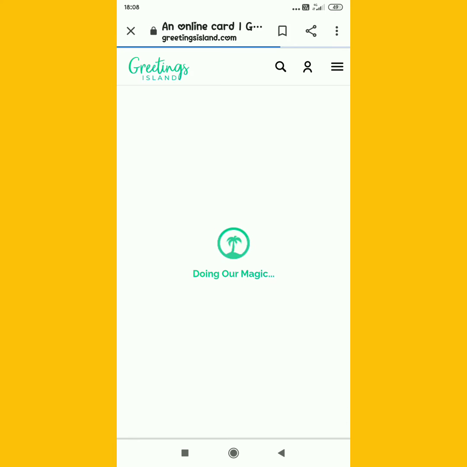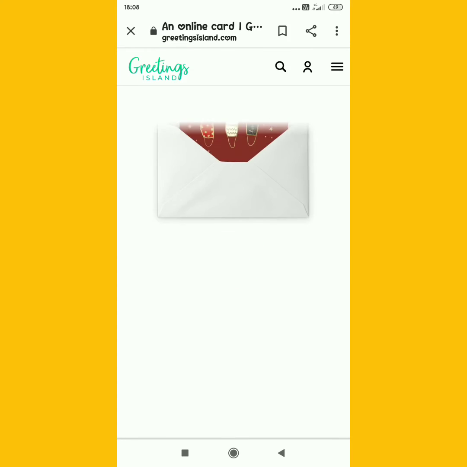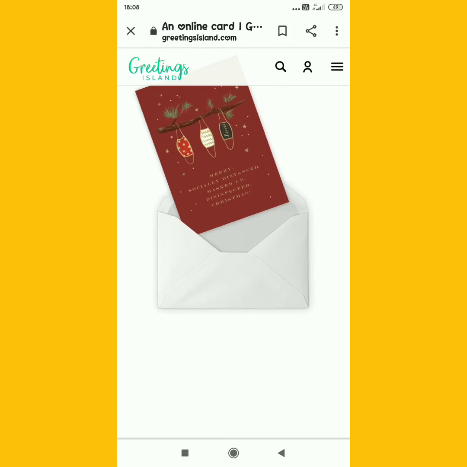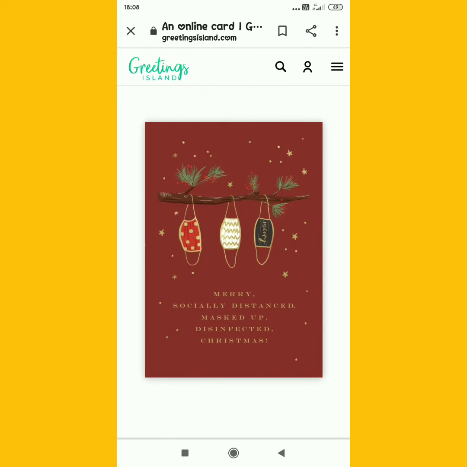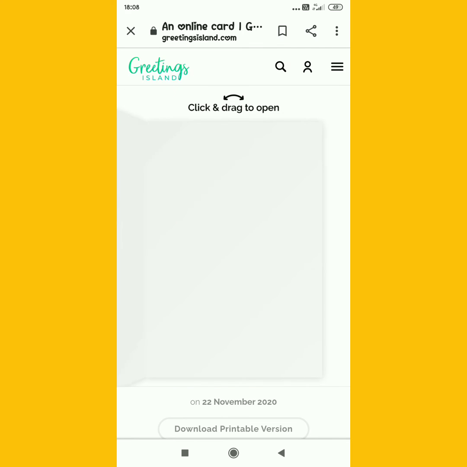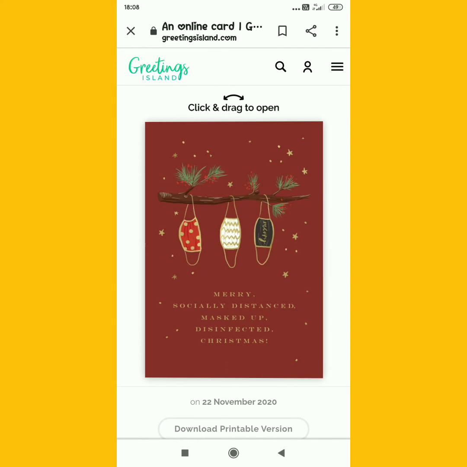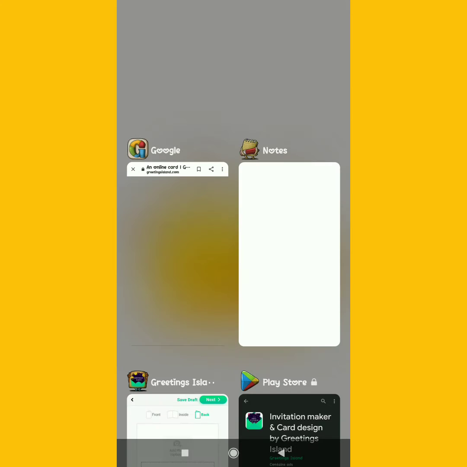Then you can see the card will come like this. After that you can click or drag this. I have not written anything, that's why it's not coming. When you write, you will see it come and you can just close it like this. It will just come like a greeting card and you can print it also.